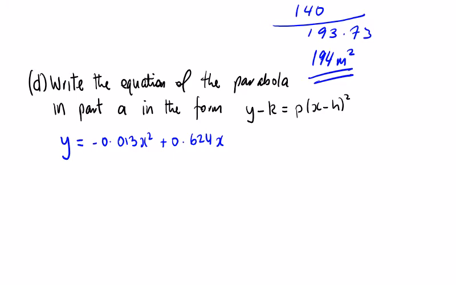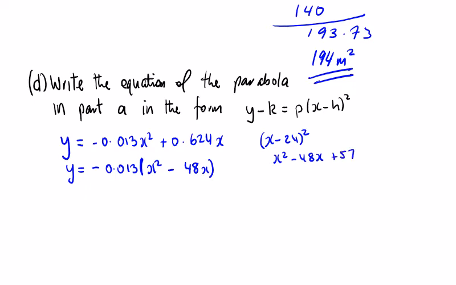So if we simplify the left hand side, and if I take out a minus 0.013 or divide by minus 0.013, it's going to leave me with x squared and a minus by a minus to give me a plus 48x. So how do I get x squared and minus 48x? I would have to have x minus 24 to be squared, but that would give me x squared minus 48x